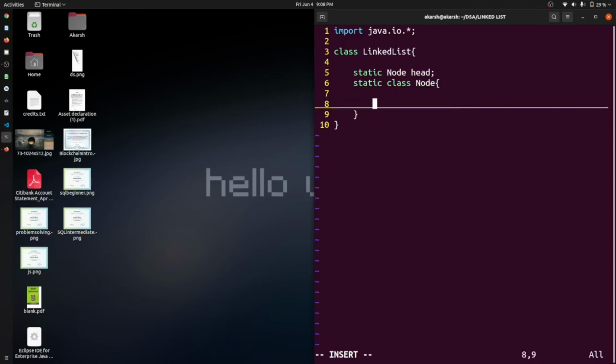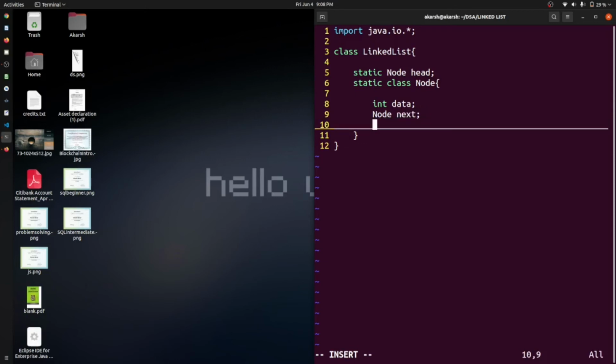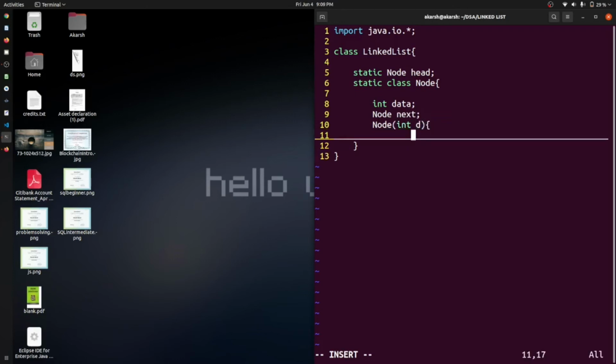Okay, and inside that we will have data, because currently we are just focusing on integers, but we will also have a Node next, because we know that in each node we have 2 data. Okay, and after that we will have a constructor with int d for the data.